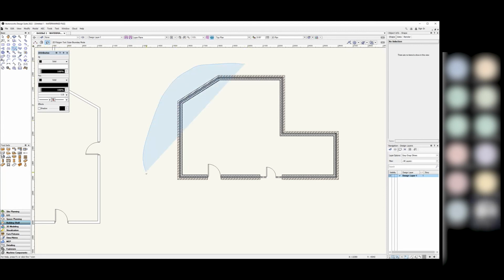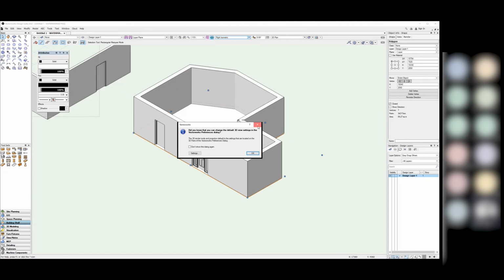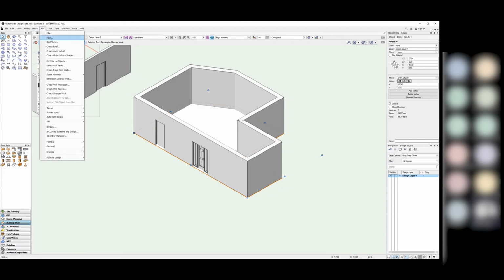I'm going to just click around. So click and drag to make a selection. And when you let go, it makes that boundary. And then again, to convert this into a 3D floor, with that object selected, it's going to go to AEC,